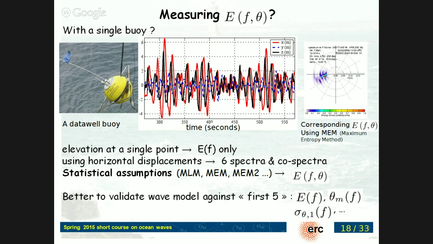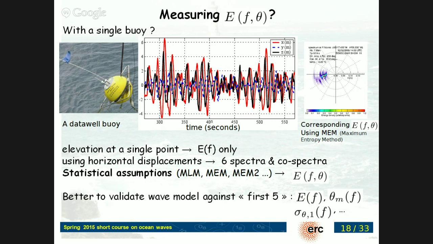And so you get these 5 parameters, and from these 5 parameters, you're trying to reconstruct a full directional distribution, a function at each direction. And so if you have a directional resolution in your spectrum of, say, 5 degrees, it means that you have 72 numbers to invent from only 5. So of course, it's not well enough determined. And when you go from the first 5, what the buoy is measuring, to the spectrum, you're actually making up, you're inventing things that the buoy didn't measure. And that's life. If you only have one buoy, you only have 5 parameters.